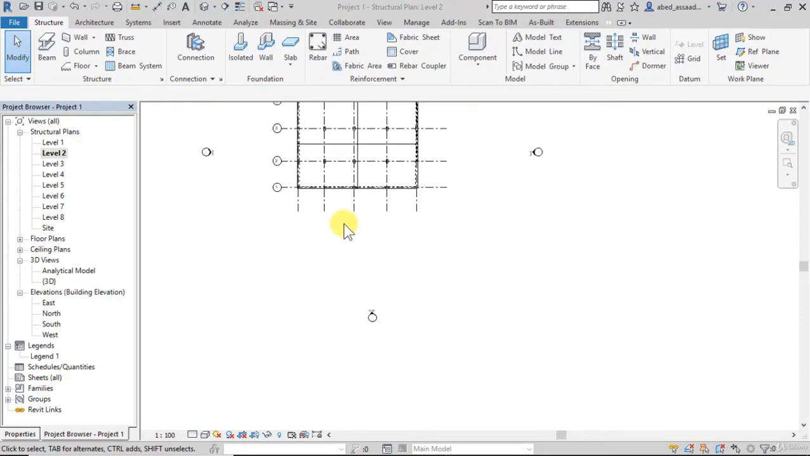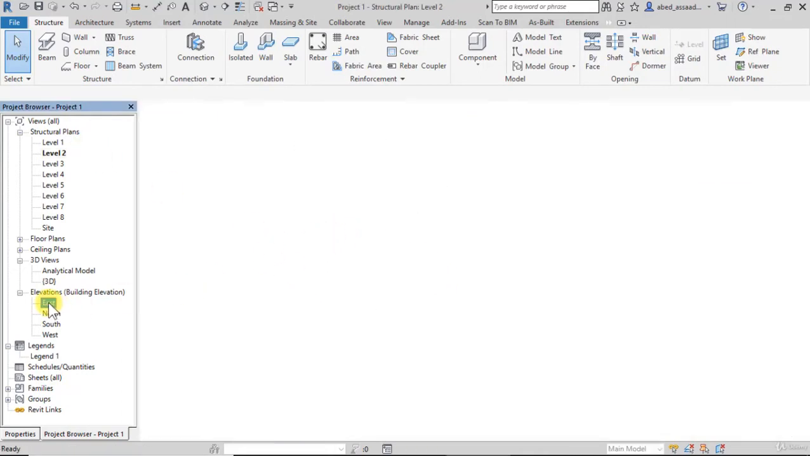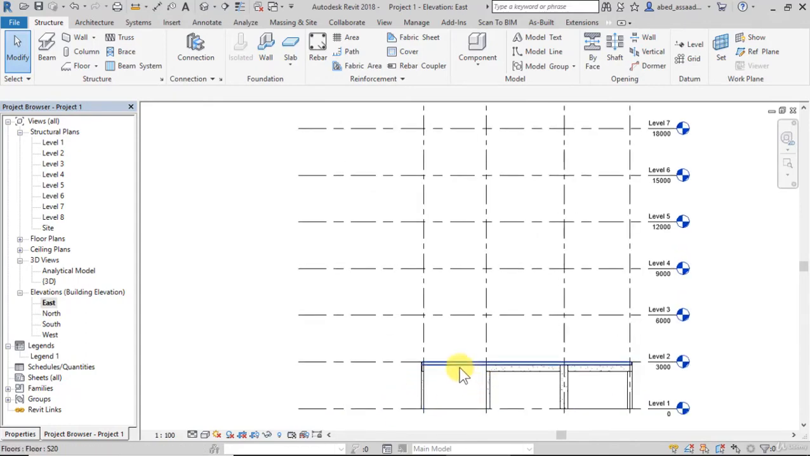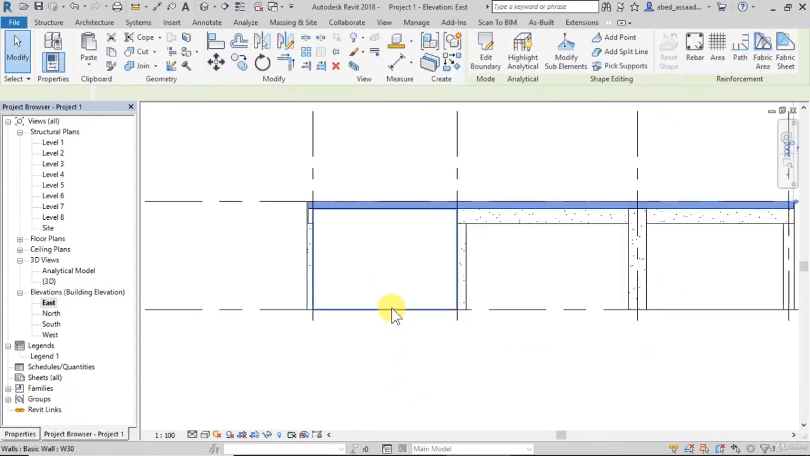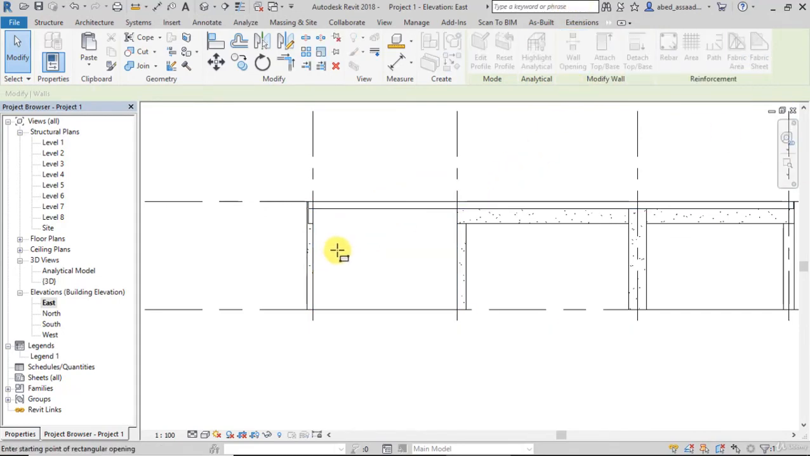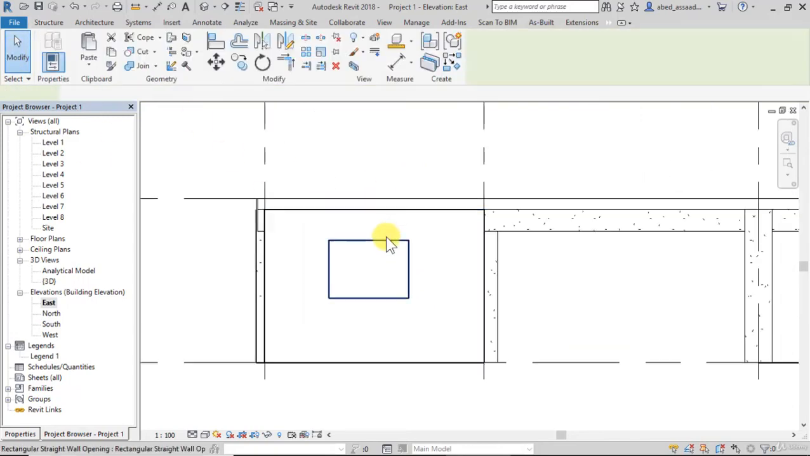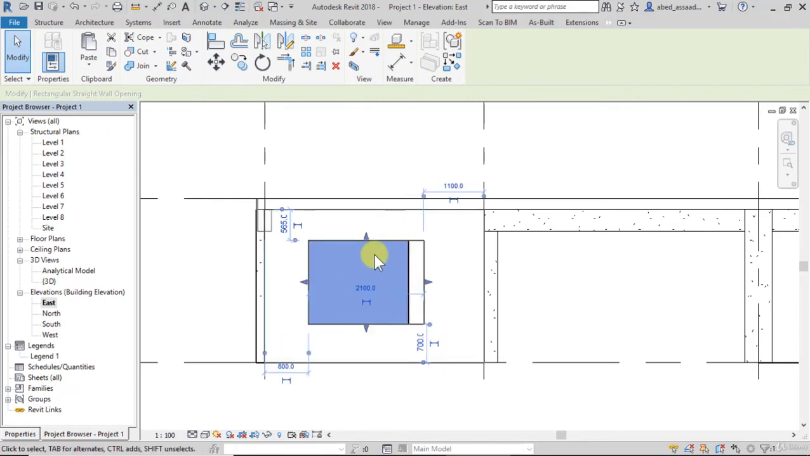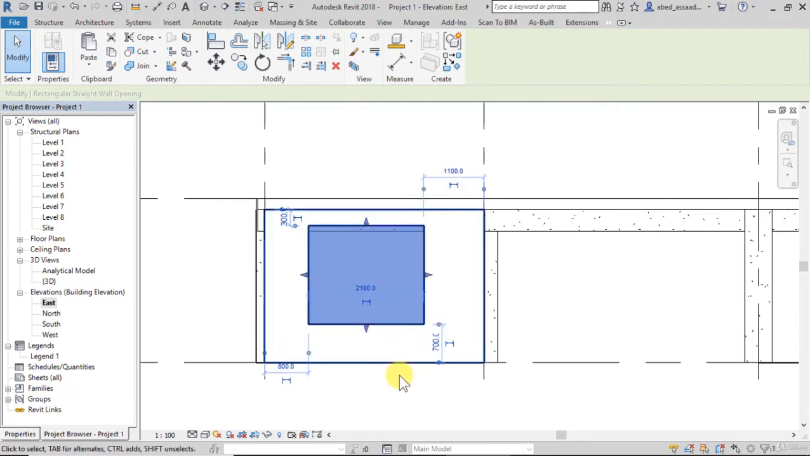To create an opening for walls, click on any elevations. For example, this wall. So wall opening, I can create any opening, rectangular, and modify. For example, click, modify the dimensions, extend, and stretch the opening. Okay,